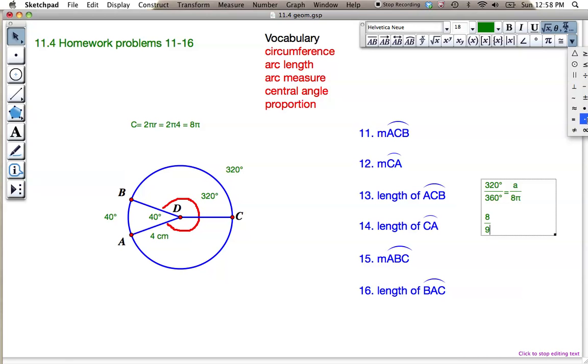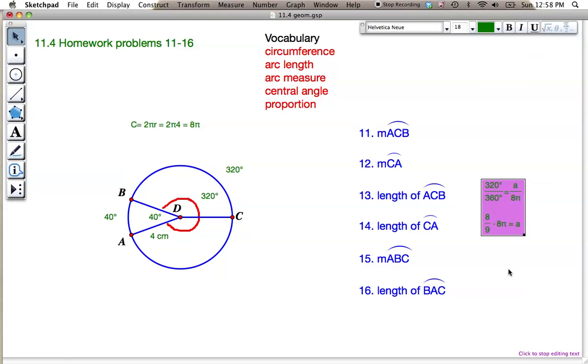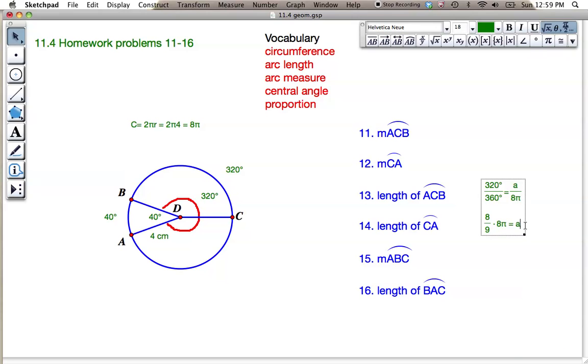times 8 over 9 times 8 pi, and that will be equal to a. That's just going to give us 64 pi over 9